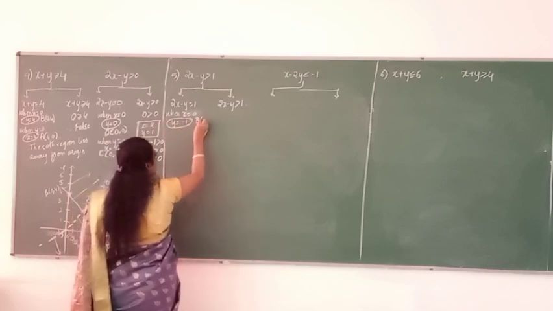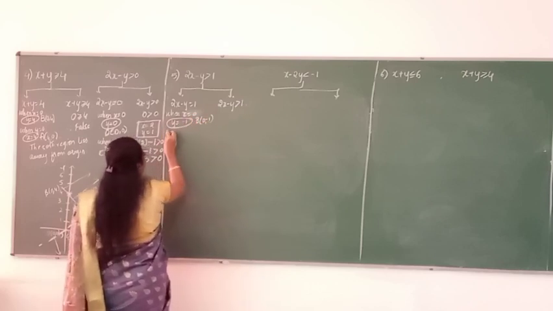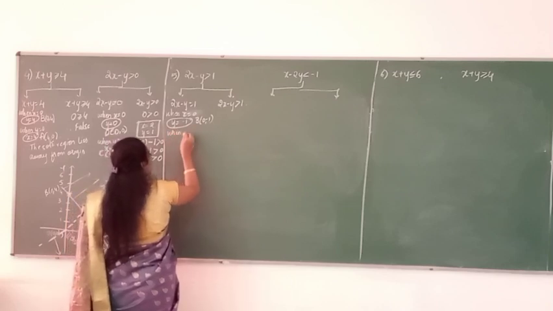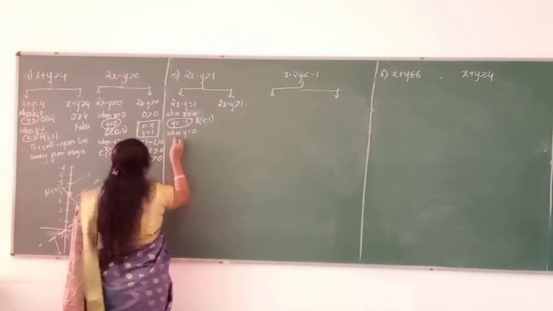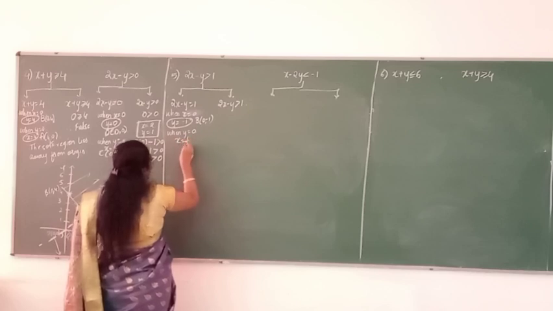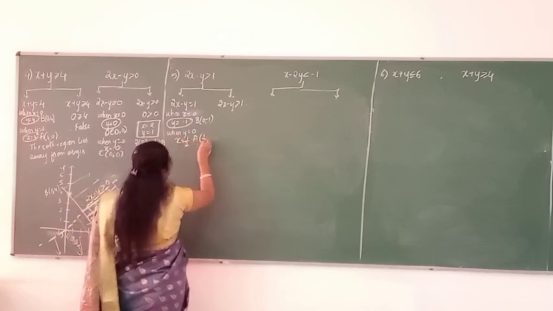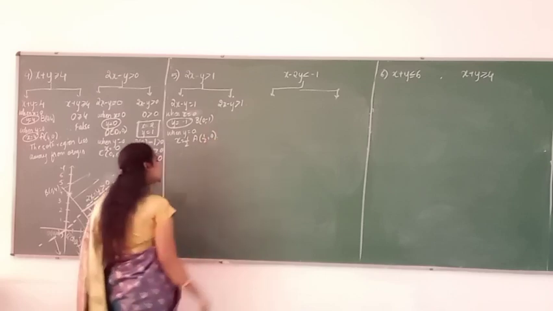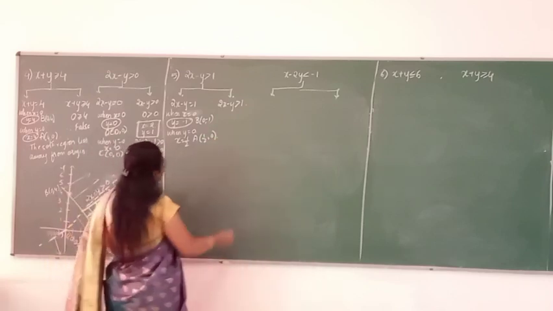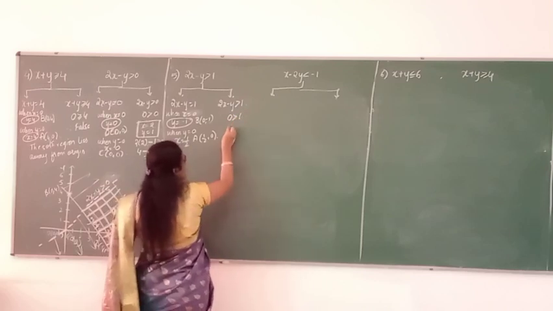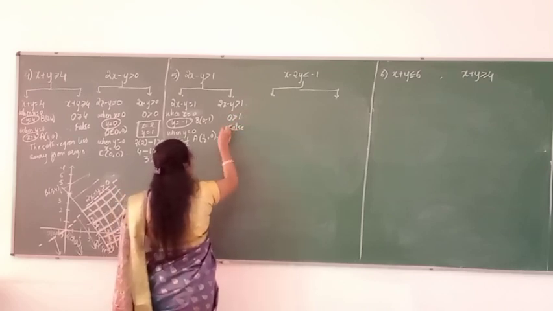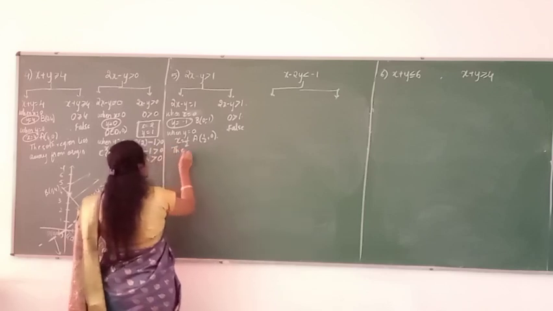So your b is nothing but 0, minus 1. Next, when y is equal to 0, you will be getting your point as 1 divided by 2. Half. So a is nothing but 1 by 2, 0. So that is 0.5. And next one, let us move on with this inequality. So 0 is greater than 1. Obviously it is false. The solution region